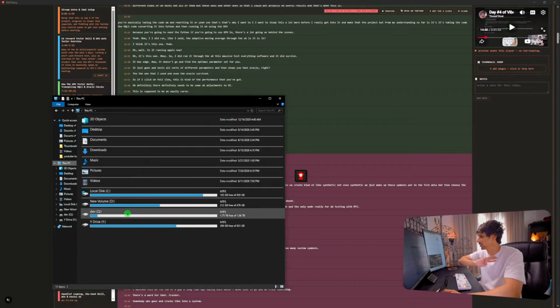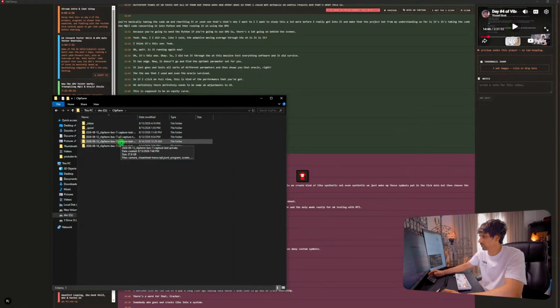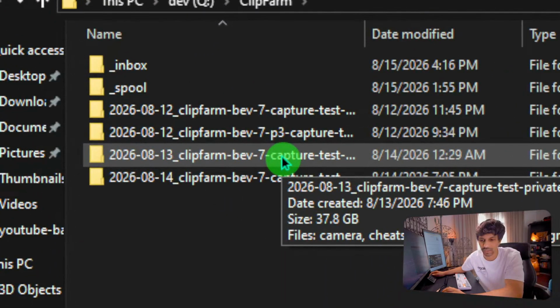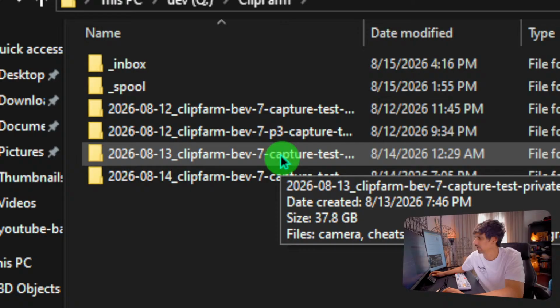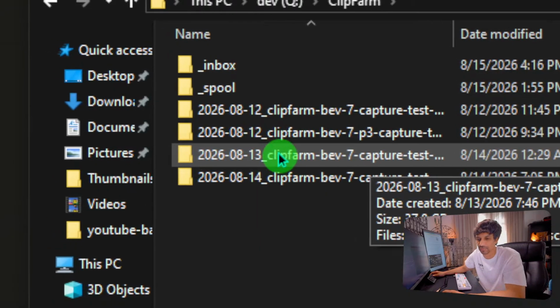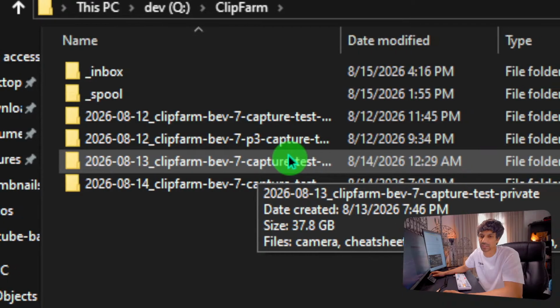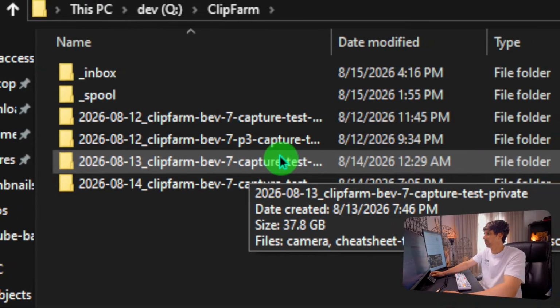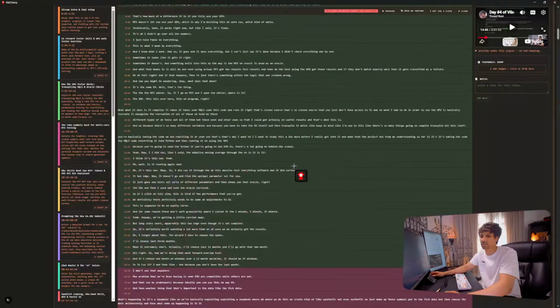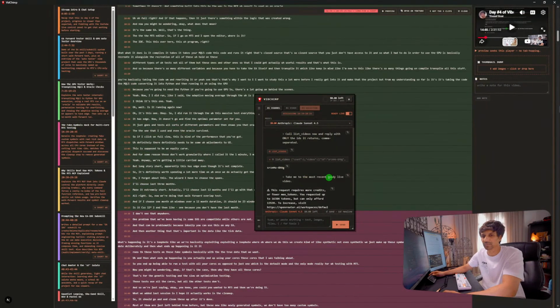I'll show you exactly what it would have been like. 37 gigabytes of data. Now, unless you have like the best internet in the world and infinite amount of storage, this is a problem if you plan on streaming daily and making a bunch of clips. Problem solved. And now he can sit there and focus and do things like talk to this complete